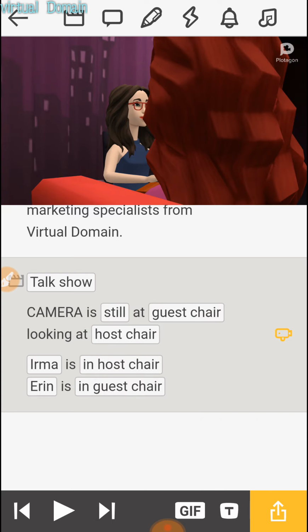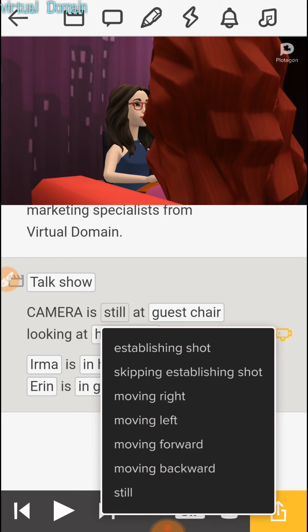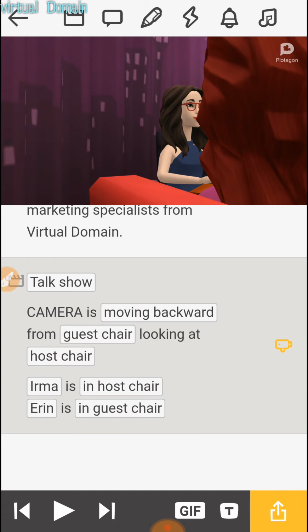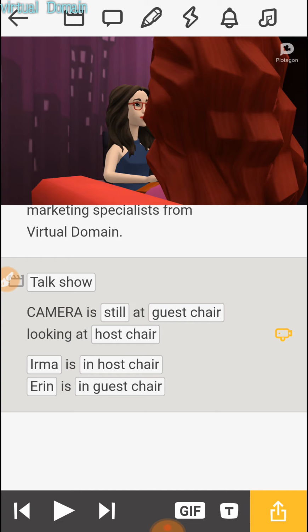Let's say you make it still. Can you see? Making it still is going to change the angle. Do you understand? It will change the angle. Let's say you say moving backward. Can you see? What can you tell me is the difference between this moving backward and still? Realize that the spaces between